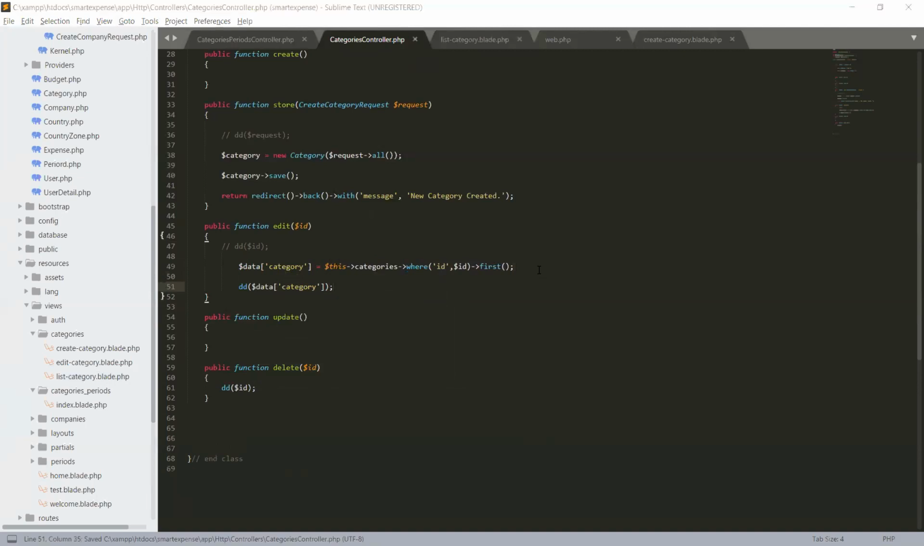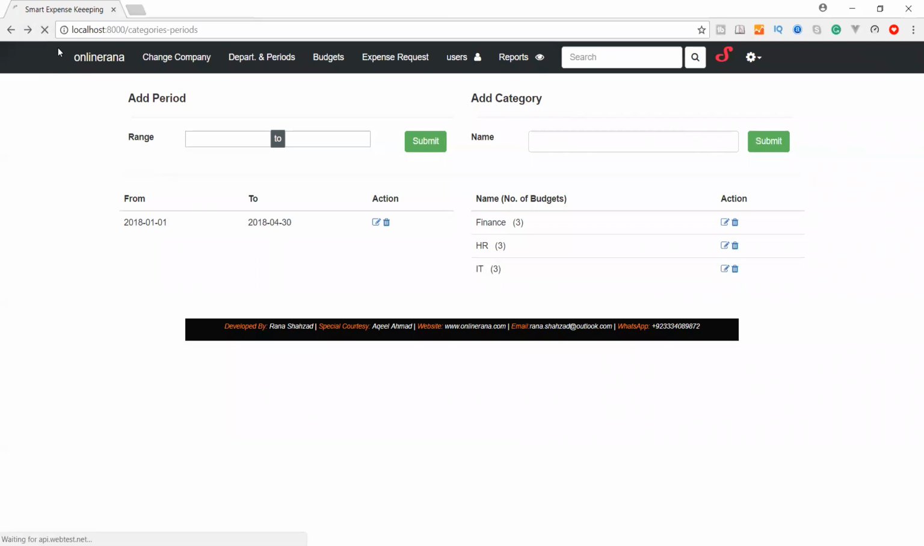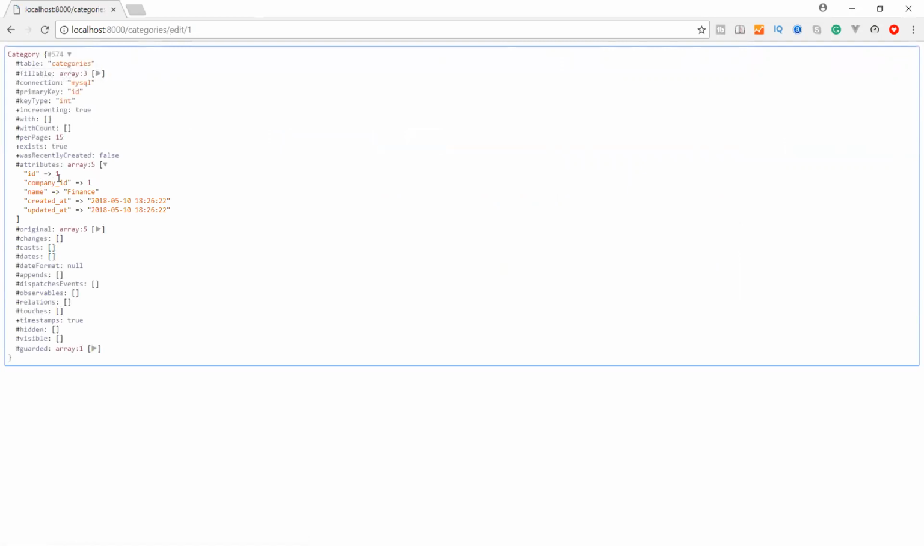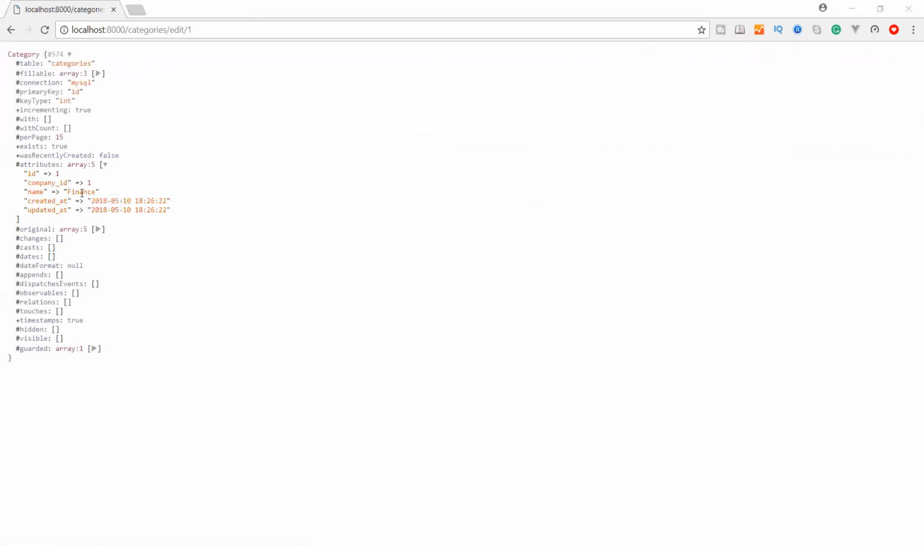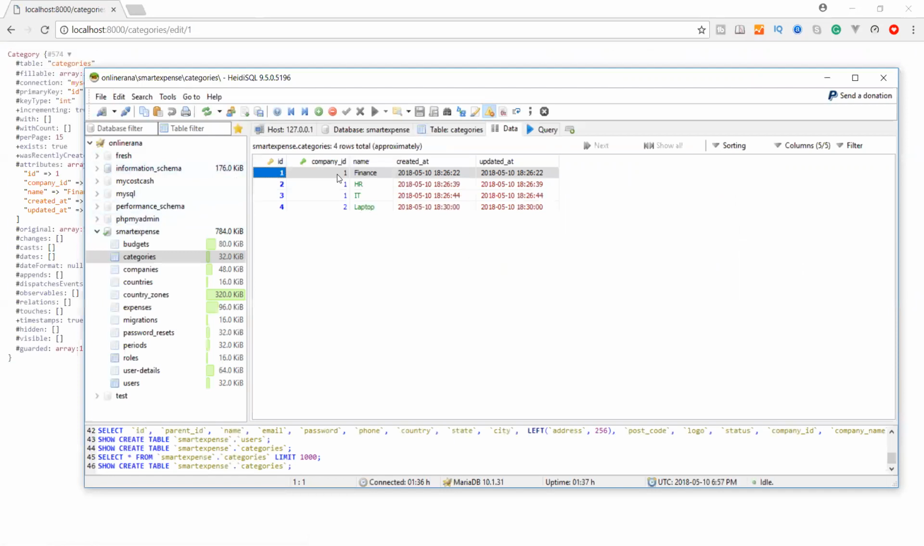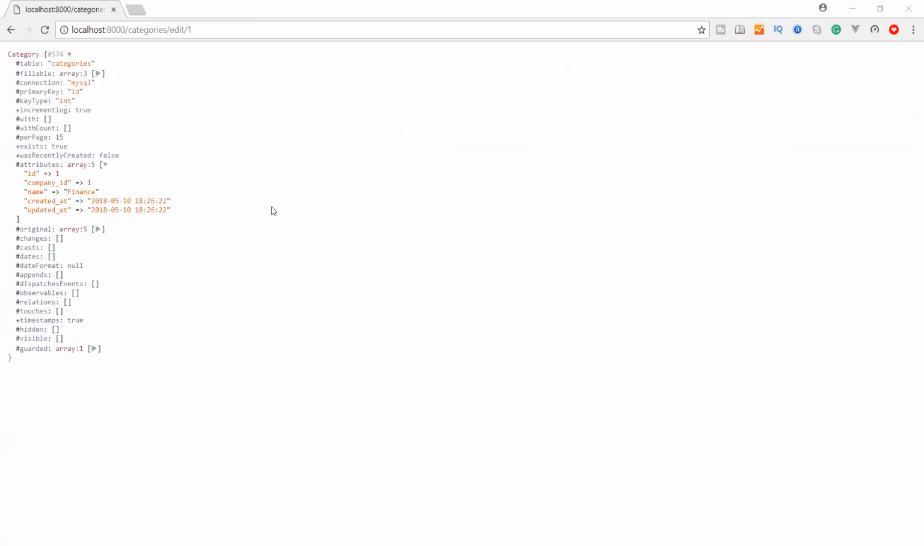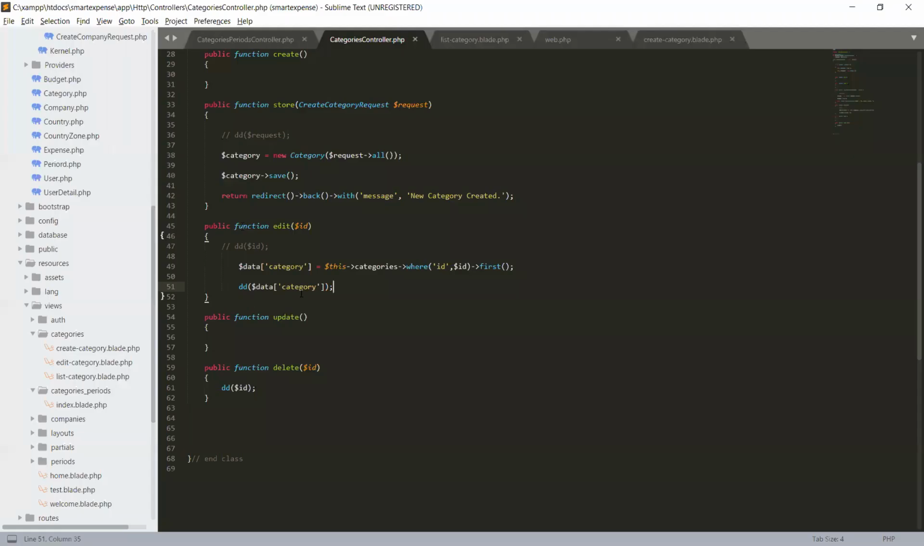Close this, save it, come to our browser, refresh the page, and when we click on finance, see in the category model, this is a category model, and we have the array of attributes. So this will find the category ID in our database, which is finance. And here in the database, the category ID 1 is finance, and it is getting its first record. So good to go. Okay, let's comment this,